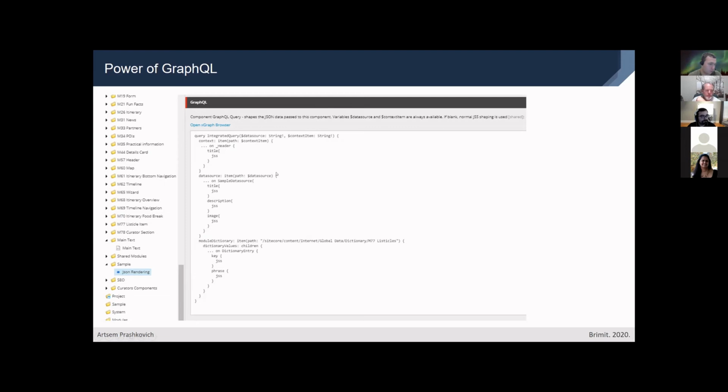also take into account that the function of the query has 2 parameters. It's data source and context item, which are Sitecore item IDs, and we can use them to get some data from the data source or from the context item. As in my example,